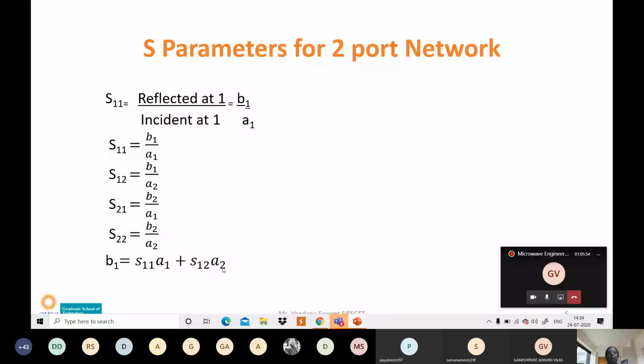Similarly, from the third and fourth equations we can write for B2. Can you write for B2? There are two output signals, B1 and B2. If you see the arrow direction for B1 and B2, they are back reflected signals, meaning output directions. So for these back reflected signals B1 and B2, we can write down the equations. So from equations number 3 and 4, you just write it down for B2.